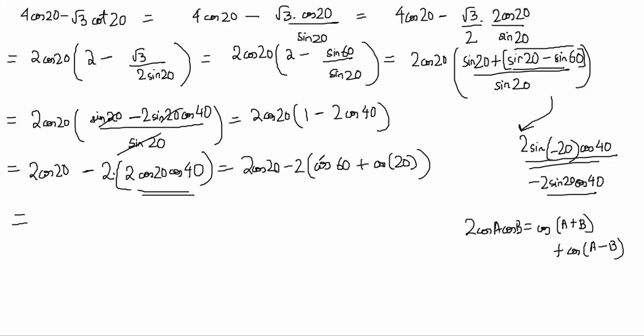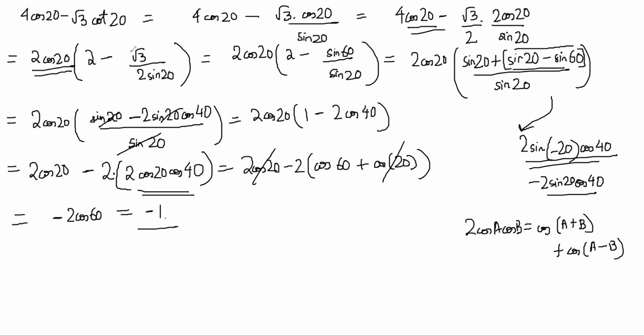Now it is over because 2 cos 20 gets cancelled with cos 20. You get minus 2 cos 60. The other thing gets cancelled. It is minus 1. It is not easy, but it is doable in the sense that you keep trying what will work and eventually something will work. So here, what worked was taking 2 cos 20 common. Taking 2 cos 20 common was the idea.